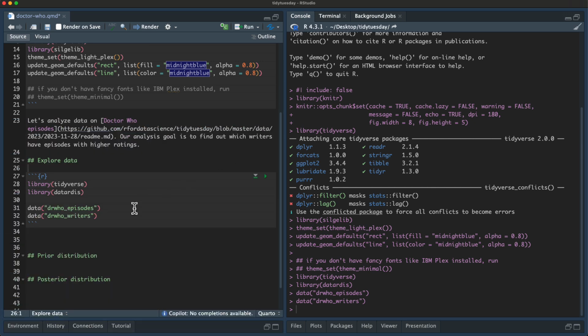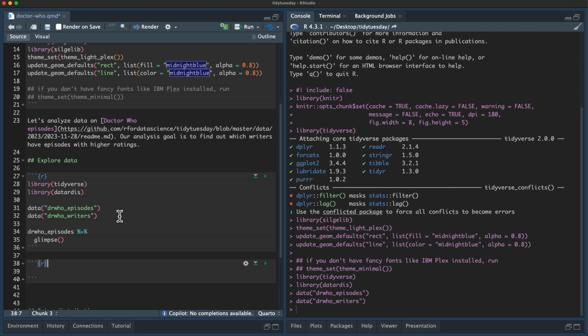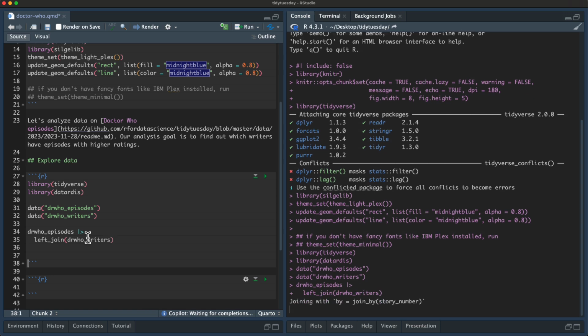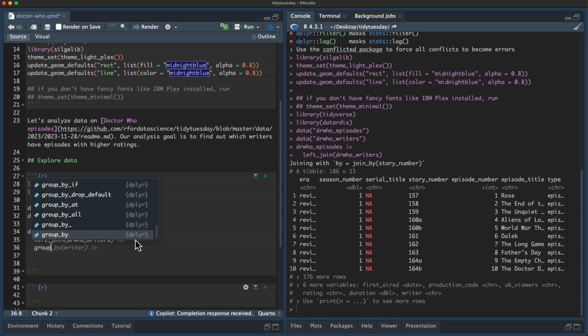So the first thing we're going to do is we're going to join these things together. So let's say Doctor Who episodes. Oh man. So you can tell I am using Copilot, and sometimes I do fight with it a little bit, which is interesting to notice. So I want to do writers, but I clearly cannot join it by writers here. So if I left join these together, it'll join by story number, which is what I in fact wanted to do. And so if I'll say group by